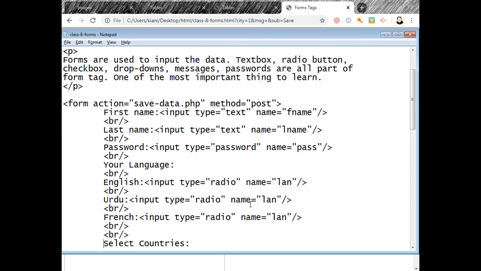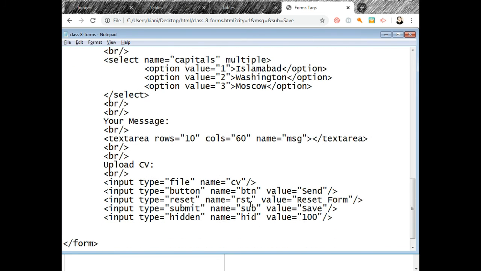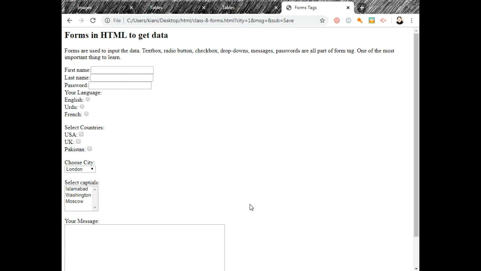So this was about the form tag, and in the next class we will use tables to place the text boxes, because this form is not very well formatted.